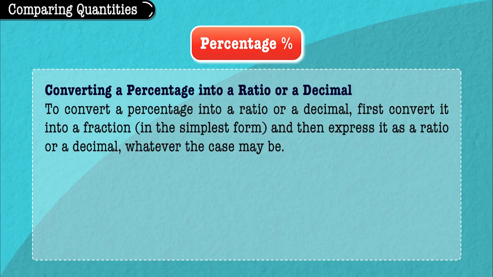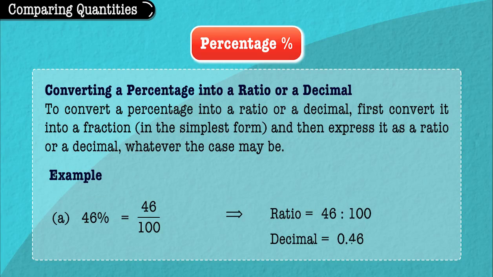Converting a percentage into a ratio or a decimal. To convert a percentage into a ratio or a decimal, first convert it into a fraction in the simplest form and then express it as a ratio or a decimal, whatever the case may be. Example: